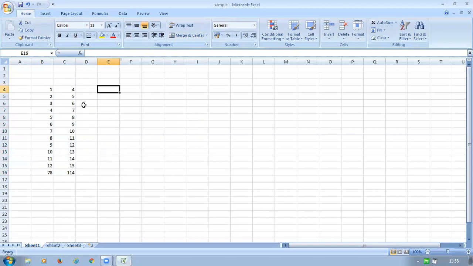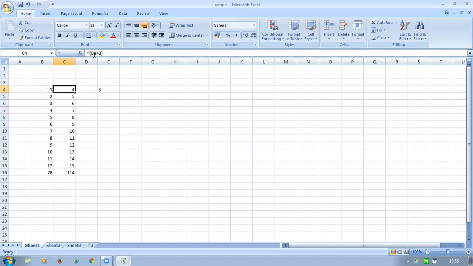Okay. Now we'll discuss the dollar symbol. What is the use of this symbol? I'm going to talk about this symbol. So this symbol helps us to keep the constant values. Say, for example, here B4 plus B3. If I drag this, it took B5 plus B3. Next one is B6 plus B3, right? I don't want this. I want this only in a series.